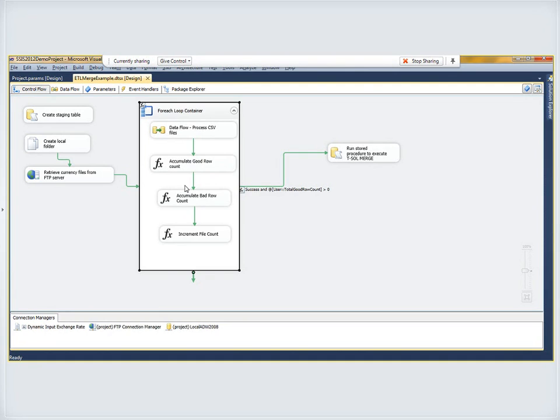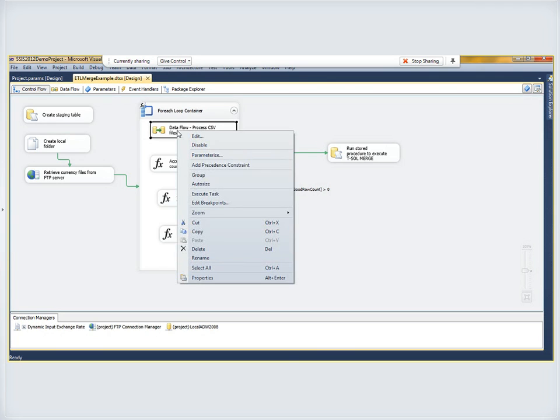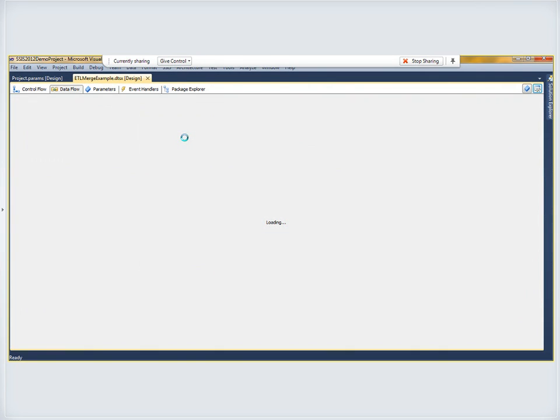And back in SQL Server Data Tools, in this particular package, which, by the way, I'm going to walk through the creation of from beginning to end next week, I'm pulling down files from an FTP server, putting them into a folder, and then looping through those files, a fairly basic and common design approach in SSIS. The package opens up each CSV file, not knowing the name of it, and needs to increment the number of files that we've processed, and also the number of good rows and the number of bad rows. In the data flow itself, if I right-click and edit the data flow,